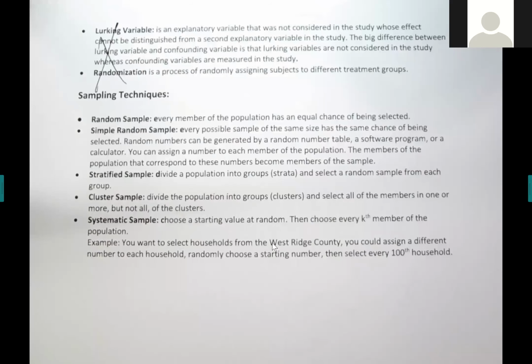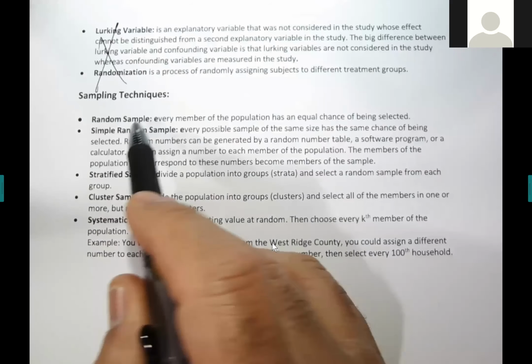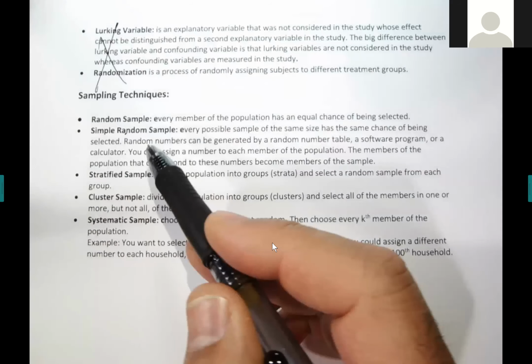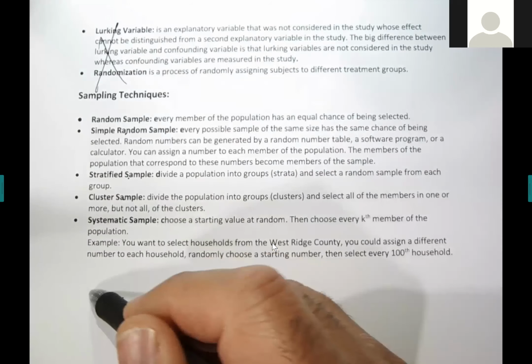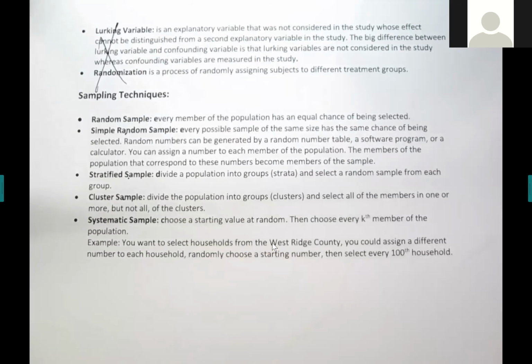This is what we just touched on. The random sample, simple random sample, stratified, cluster, systematic, and I failed to include the convenience sampling technique, but you understand what convenience sampling is. That should take care of chapter 1,